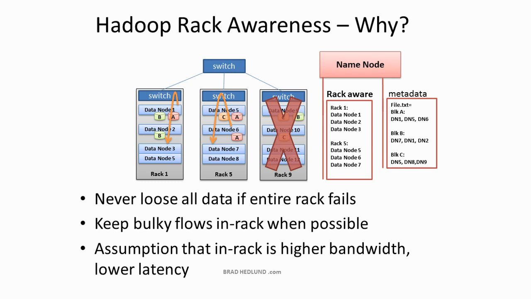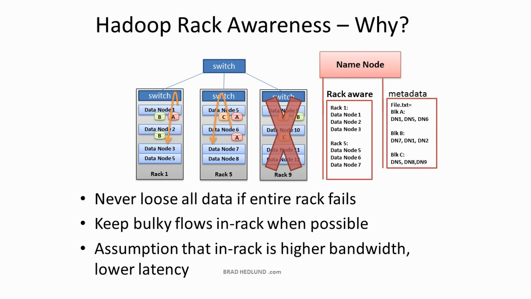Now, when it does it, how will it replicate the data? Okay, let's think about this. We said we want high throughput and fault tolerance. Now if you want fault tolerance, then you need to distribute the data as much as possible. You don't want to put, let's say if a file has three blocks A, B, C, you don't want to put all the three blocks on one switch, because when the switch fails or the rack fails, you lose all the three blocks.